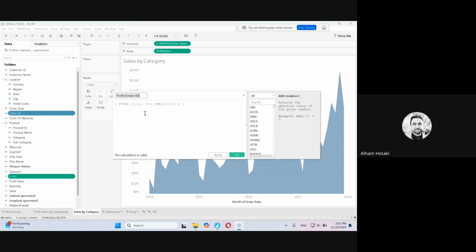LOD calculation. So this is a standard calculation which appears, for example, only for these two columns. For example, I want to have a specific calculation, and I want to put it as order profitable or not, order profitable or not, for example. See, and this is how you can do that. And we fix order ID, sum of profit, if this is larger than 0, then that would be profitable. Yeah, it will be yes. If not, then it will not be profitable. So this is how we can use a Boolean calculation to our